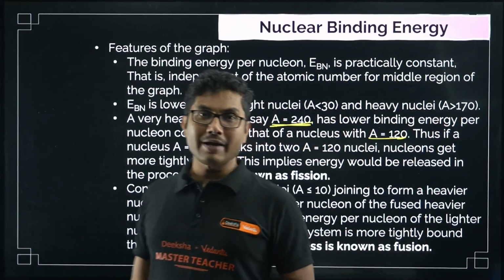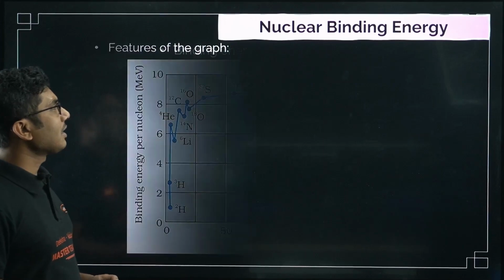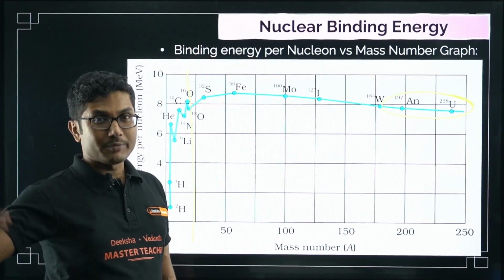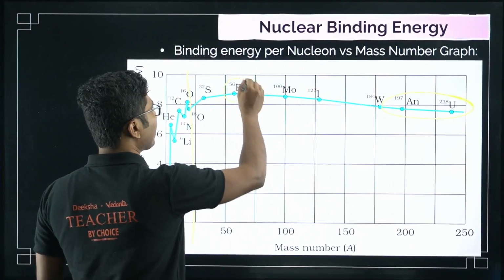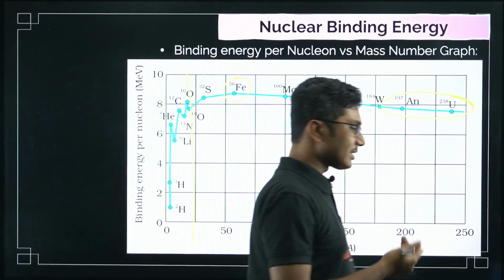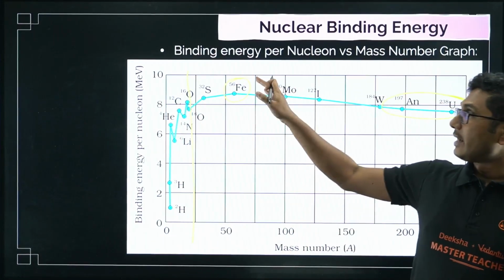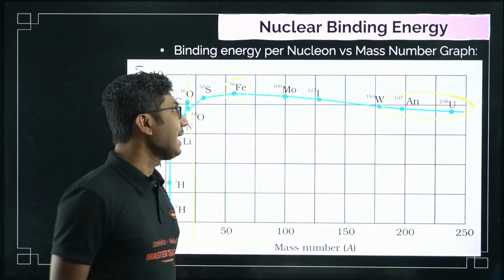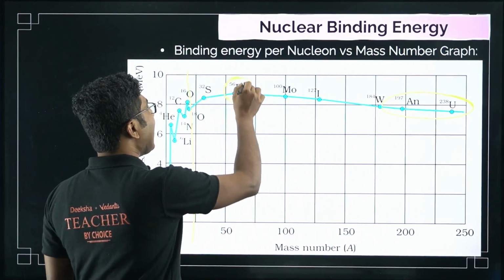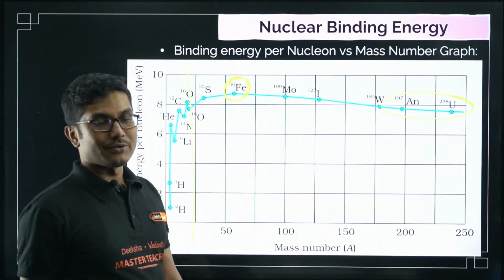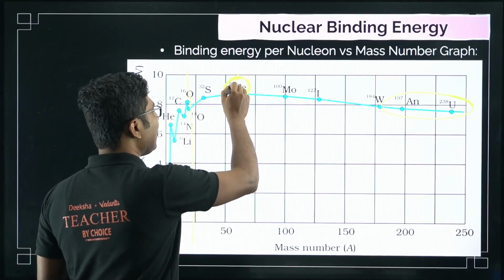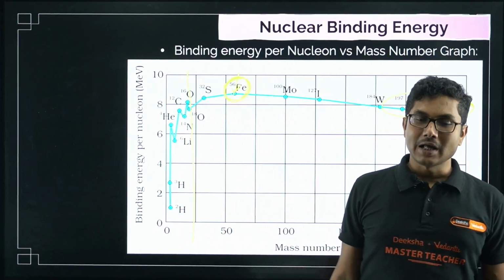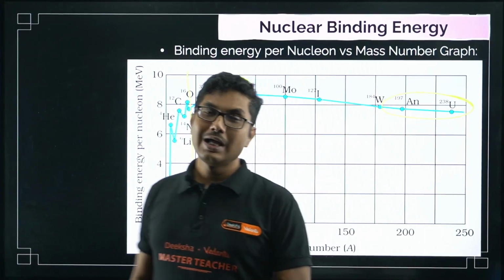Now you may have heard that in the case of a star, the highest possible element that can form inside the star is iron. Iron is the last stage. When the star is about to die, iron is formed inside its core. That means it cannot fuse anymore. Why? Because iron has the highest binding energy per nucleon. So this is the most stable element. Any stable element does not want to go to a less stable element.